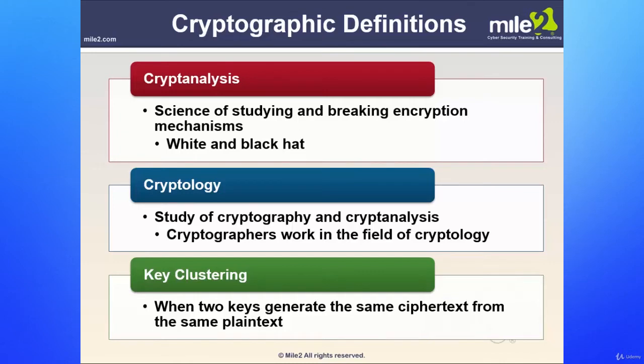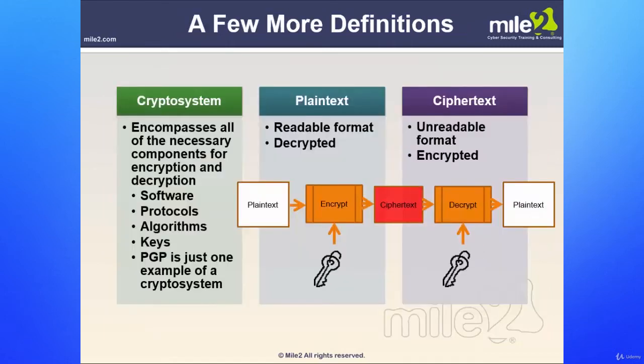Cryptology is the study of cryptography and cryptanalysis. Key clustering is when two keys generate the same ciphertext from the same plain text. Here we have the crypto system, which encompasses all of the necessary components for encryption and decryption, such as the software, the protocols used, the algorithms, the key lengths. And PGP, Pretty Good Privacy, is just one example of the crypto